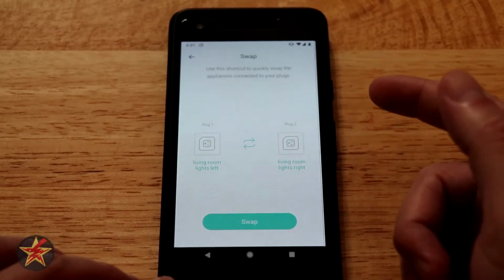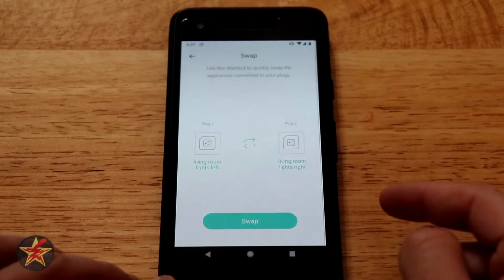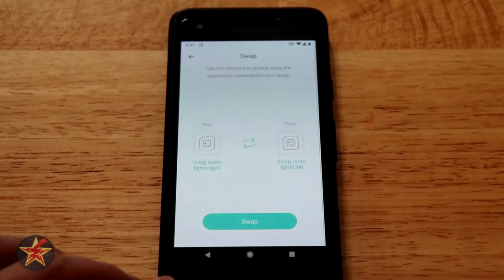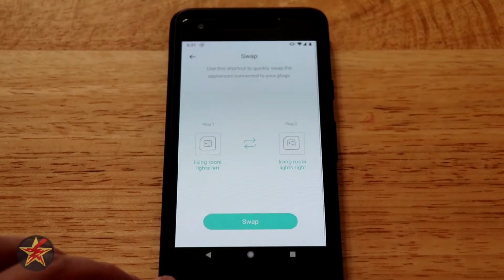Custom, here you could see swap, so you can move either or. So the left side now becomes the right side and the right side becomes the left side. We're going to swipe it back